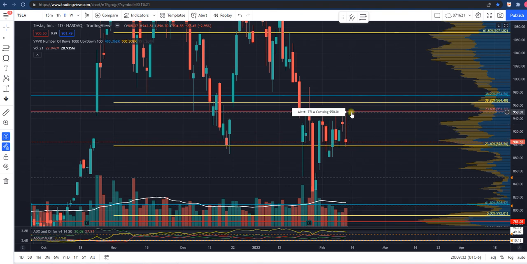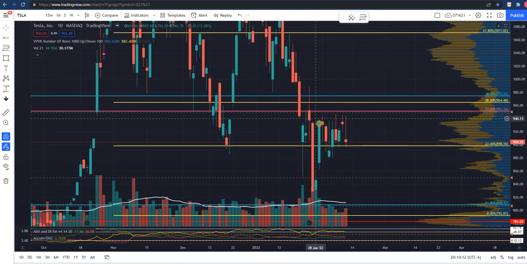But what you don't want to do is see price trading, say tomorrow, Tesla into 951 again, and then Monday price goes from 951 all the way down to 900 and then breaks down. What you're seeing there is a release of energy that you don't want to see at that particular point. We want to see the energy release once it breaks out of the box. Right now, what we're seeing is energy releases within the box, and it's just a very push-pull. And what's happening is we're developing volume within this area, and the more volume that develops, the more back and forth and choppy this is going to get, and the more you risk losing profit